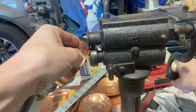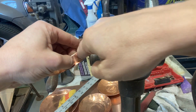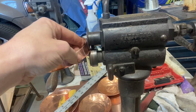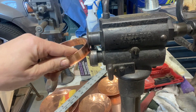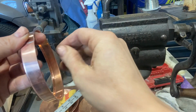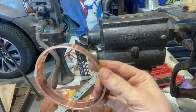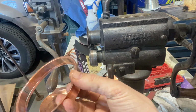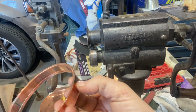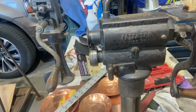Now you don't need to go all the way to 90 on this if you don't want to, and also you have to be careful that this face doesn't scratch your body component, because now this is pretty good at 90 degrees, but we're going to do one last thing to it just to make sure that this 90-degree burr is in great shape to go into the top of the lid. And that is over here,